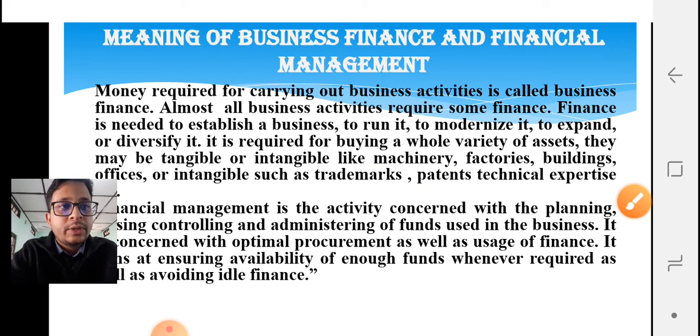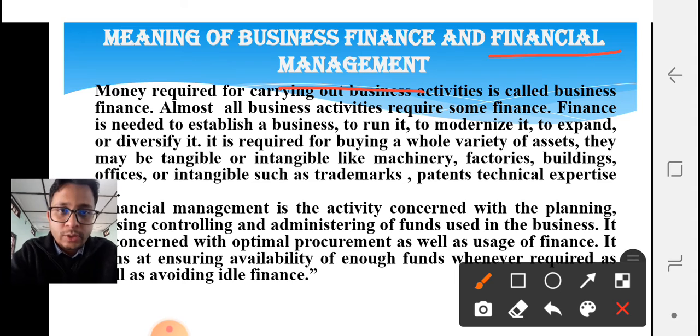So see, financial management is utilized not only in the case of your tangible assets, but it is also required for maintaining intangible assets like your patent, trademark, etc. Intangible assets are those assets which are not seen or which cannot be touched. A trademark is actually a license, a property that gives the owner or manufacturer an exclusive right over that asset. Patents or technical expertise are certain knowledge.